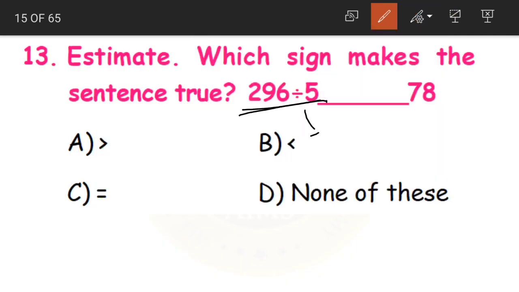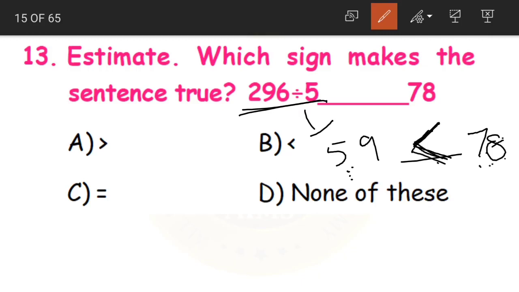See, 296 divided by 5 is equal to 59. Now here on the other side we are having 78. Now how to compare which is the greater one? If you remember what I said about the greater than and less than symbol, what will we do, children? Always we want the bigger number, or always we want a bigger chocolate to eat. Now of these two numbers, which is the bigger one? 78. Yes. So we'll open our mouth towards 78. Understood? See. So that is how we keep the symbol here.